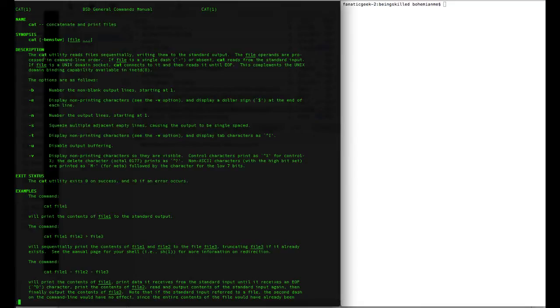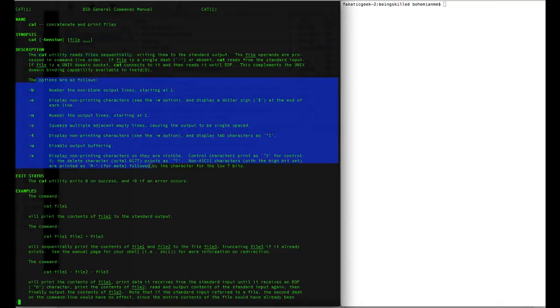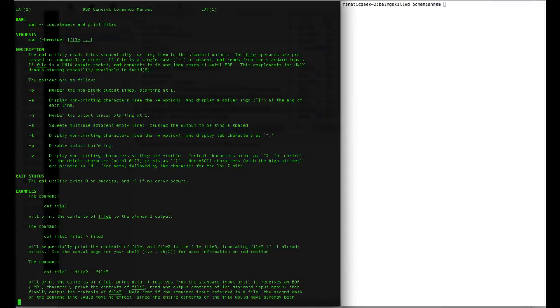Under description, the details of the command will be written. As you can see, the cat command reads files sequentially and writes them to the standard output. And then there is a description of the options. Like -b, it numbers the non-blank output lines, starting at 1. So it basically prepends numbers to the lines.